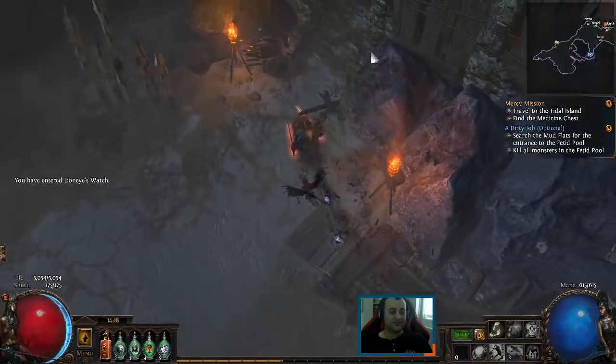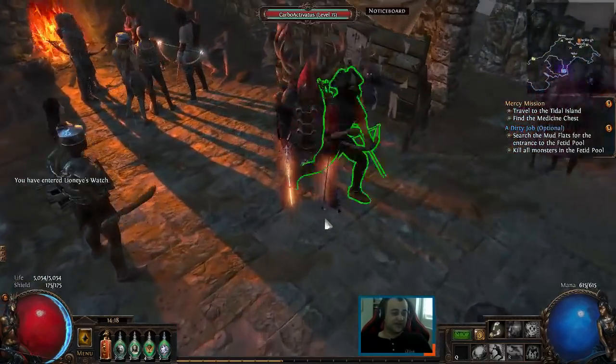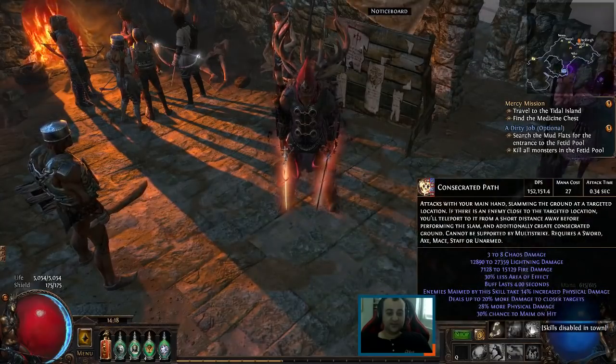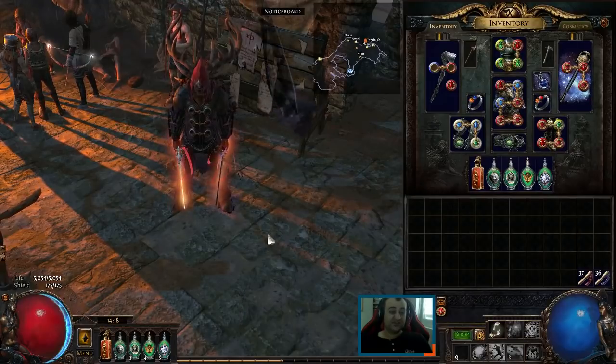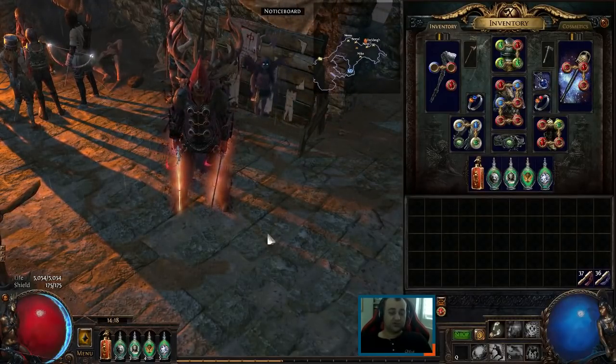Moses here, beginning another Path of Exile video, and this time I'm somehow in Act 1, and we're going to talk about this Consecrated Path Juggernaut. Consecrated Path is a pretty strong skill. It will deal a big slam on the ground that will basically just demolish in one shot pretty much everything